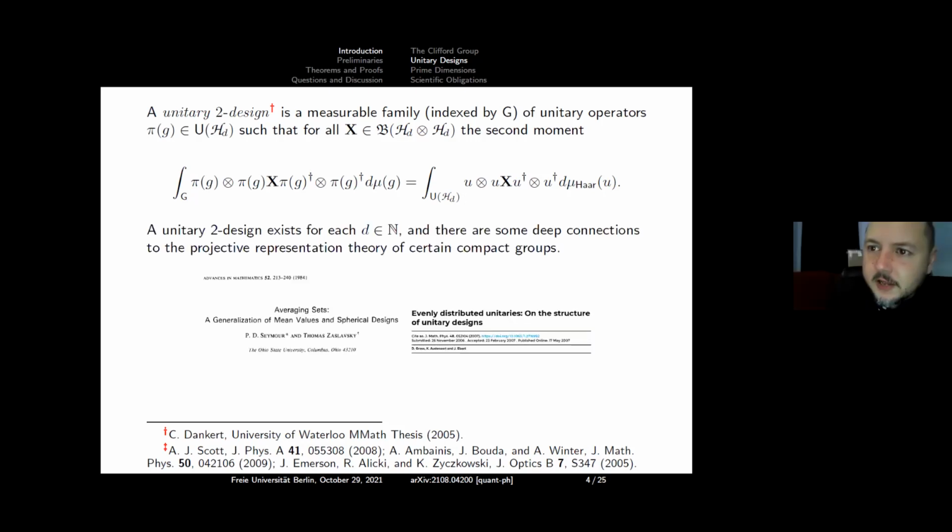They exist, and there are some deep connections to representation theory. So this G is not chosen by accident. This G is often going to be a compact group, right? So I've put 2 papers here. The first on the right, Gross, Audenaert, and Eisert, is the seminal paper on group unitary 2 designs. So what's a group unitary 2 design? It's a unitary 2 design that forms a group, a subgroup of the unitary group. That's what I mean by a group unitary 2 design. And in this paper, connections to representation theory are put on full display. So it's a great paper.